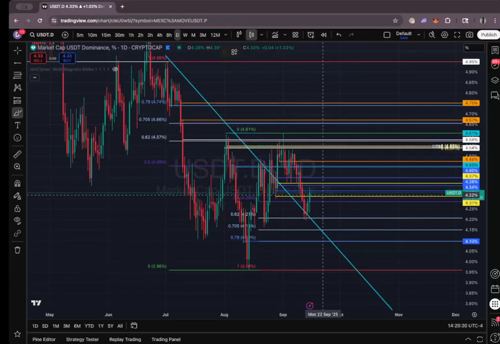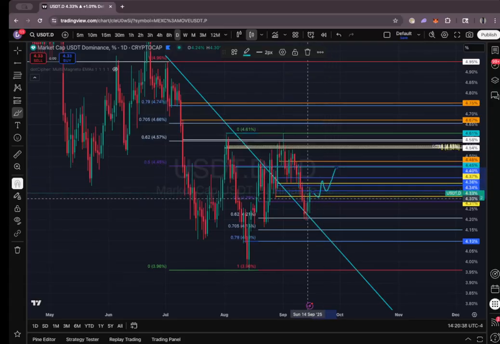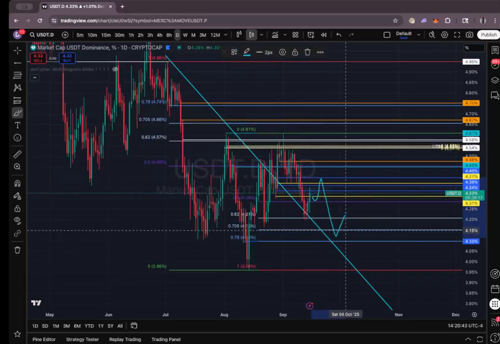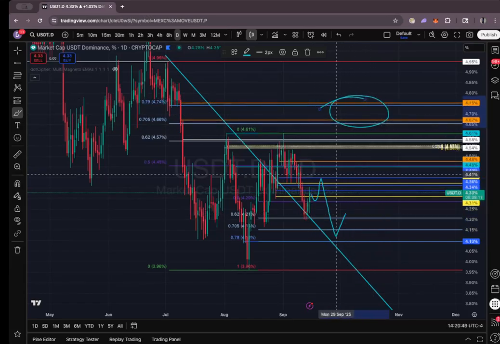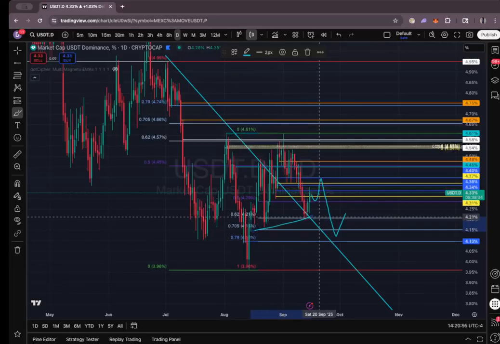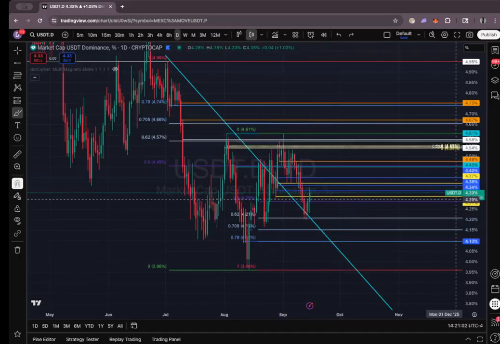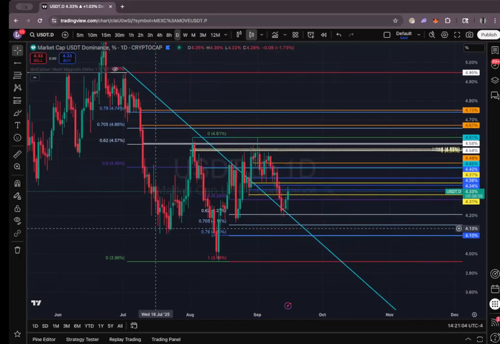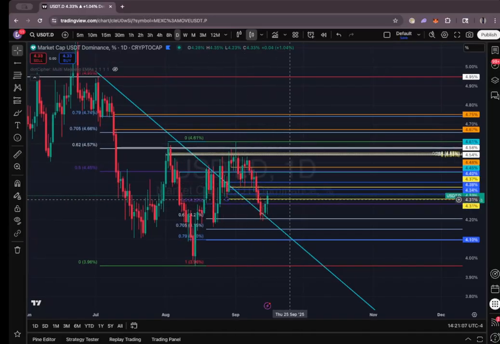So what I want to see here in the daily, we just printed this Monday candle, right? If we continue to push to the lows, there's basically one or two things that could happen. We could chop back to this range low and still be bullish, right? This range was never taken. The 4.6 was never taken on the daily, and this is clean, smooth liquidity to the low, right between here and 4.10. So honestly, I would expect us to continue to chop around, and you have to play each range accordingly.